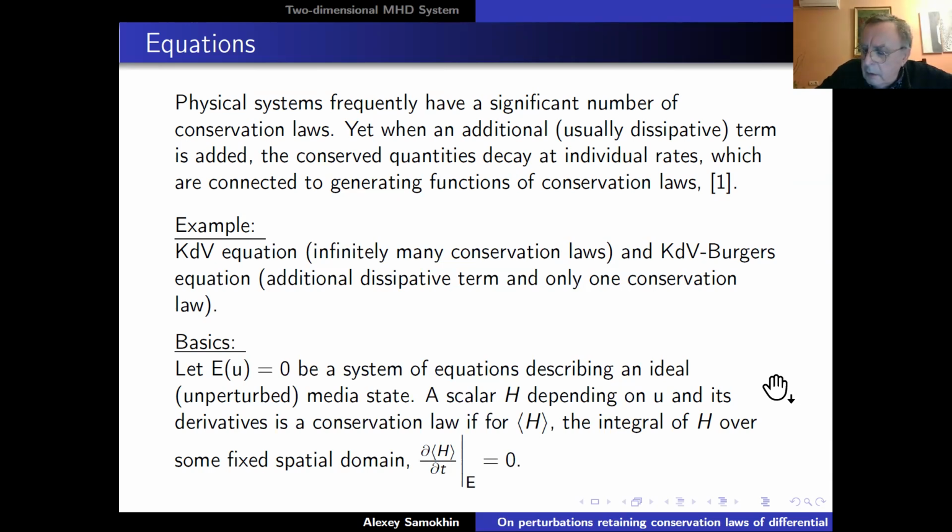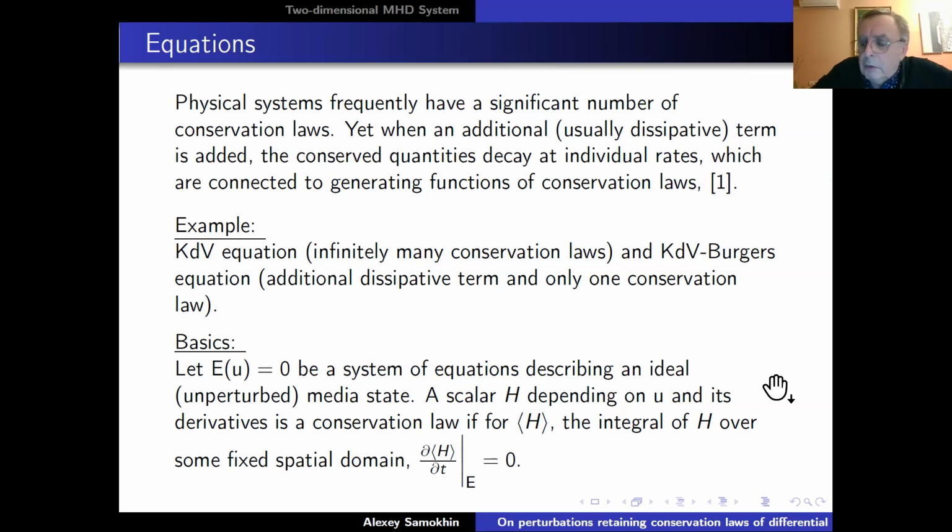It is something like the KdV equation with constant coefficients, assumed to describe a non-dissipative medium. But from the point of view of mathematical physics, to think that such models are realistic is not